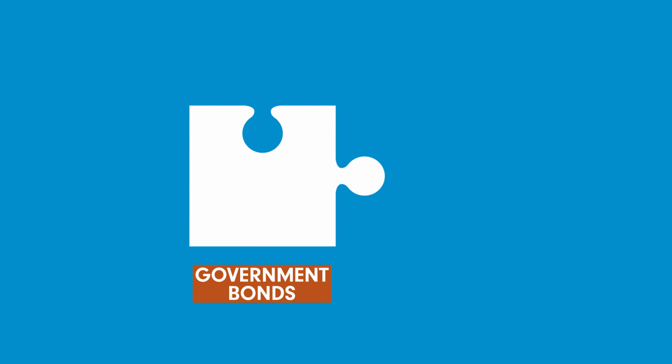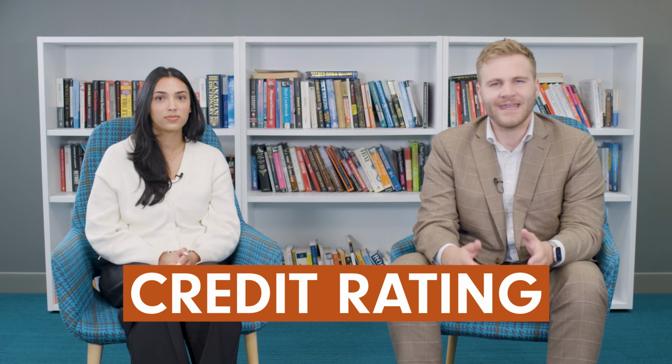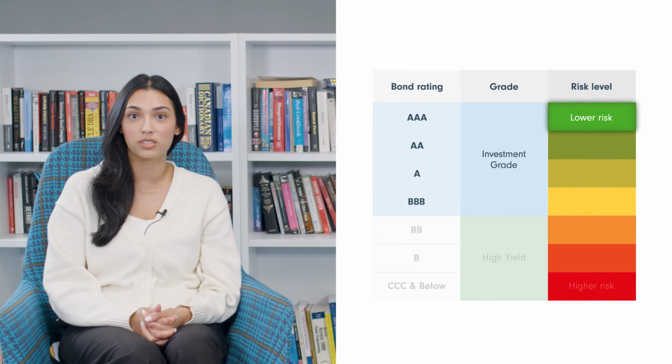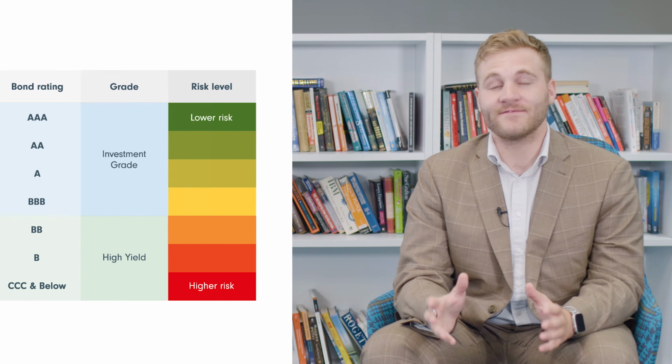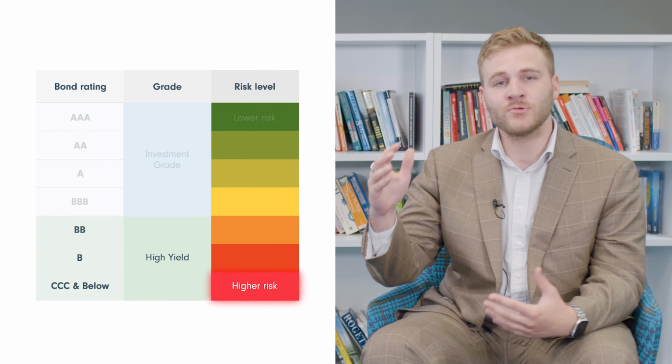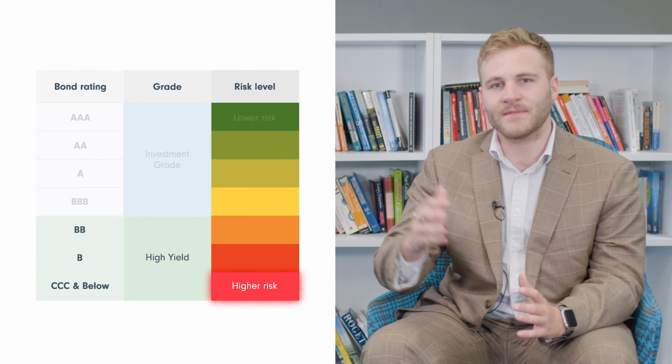The government isn't the only group that can issue bonds. Companies can issue their own bonds as part of their capital structure, which are called corporate bonds. Corporate bonds are usually divided into specific security types based off of the credit rating of the company and any specific terms attached to the bond. Investment-grade corporate bonds are those assigned higher ratings by credit rating agencies because they are believed to have a lower risk of default. Investment-grade bonds are rated BBB or higher. Corporate bonds with credit ratings of BB or below are called high-yield bonds. These bond securities offer higher coupon rates to attract investors since they are riskier than investment-grade bonds.